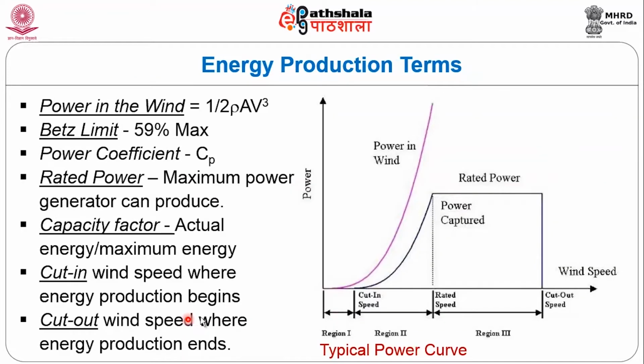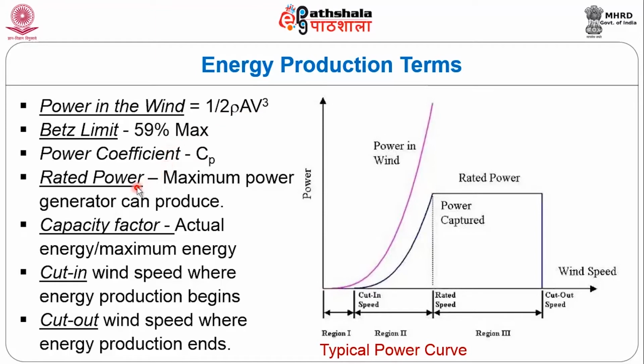And this is about the energy production terms, and here we have the power in the wind, that is half rho A V cubed. As we have seen, rho is the air density, V is the velocity of the wind, and A is the swept area, and from the kinetic energy it is derived. And the Betz limit, it is maximum